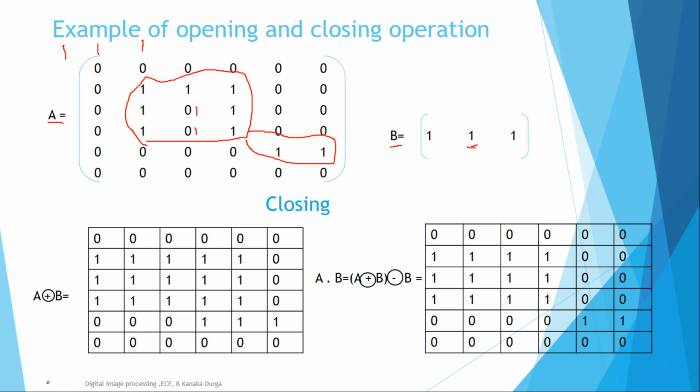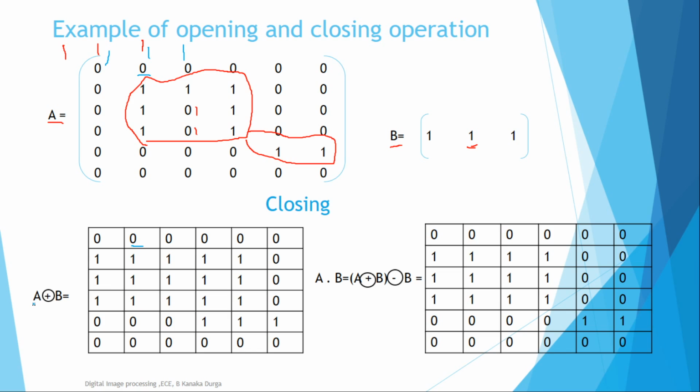The same case we have to do for another one. So the center should be on this pixel, so I have to calculate for this pixel. The center should be 1 and this side of the value goes here. So if you observe 1 0 1 0 and 1 0 do not match, so the resultant is 0. The same way, we have to continue the analysis till the end of the matrix, such that we calculate the dilation operation.